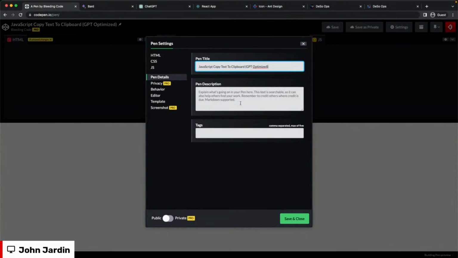How's that? Okay, JavaScript copy to clipboard function. Yeah,